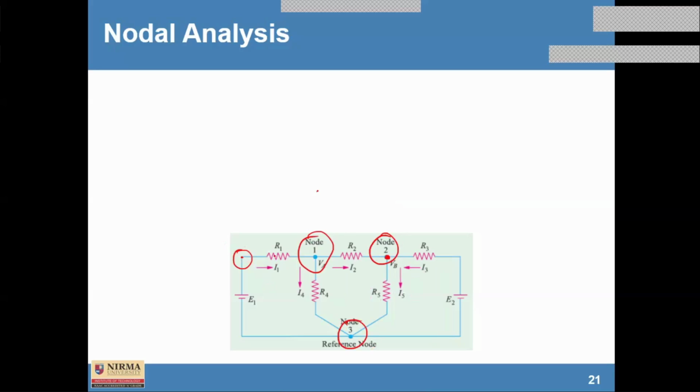Now, in this case, if we identify the number of nodes, then we have to identify the reference node. That is, we can say the potential at this point could be considered as 0 because it is a reference node. Why is it considered the reference node? Because as and when we connect any battery or any other source, we have a neutral path. So here, the reference node could be considered a 0 potential node also.